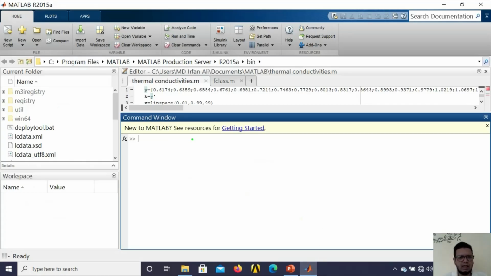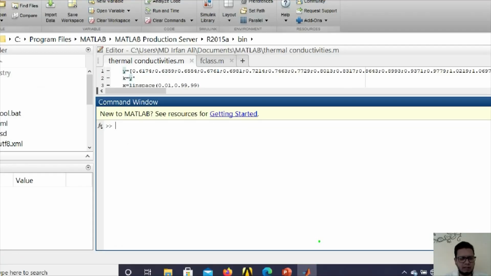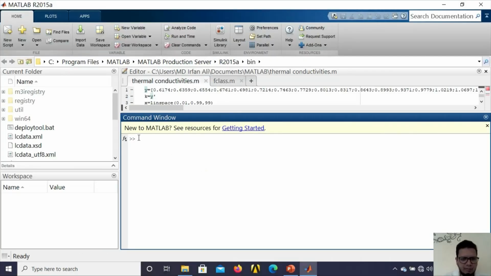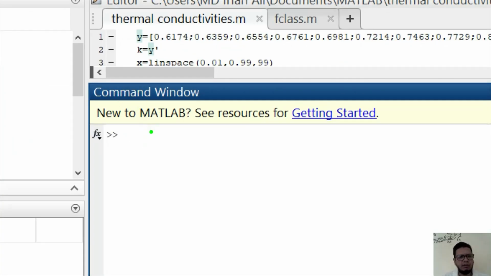If you see your MATLAB software, this is your user interface. You will have a command window. The command window is a very important window where you will write small programs to understand some small functions.